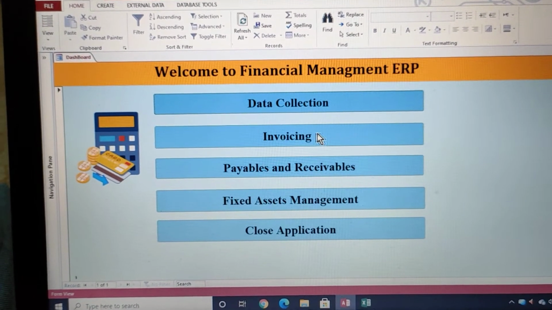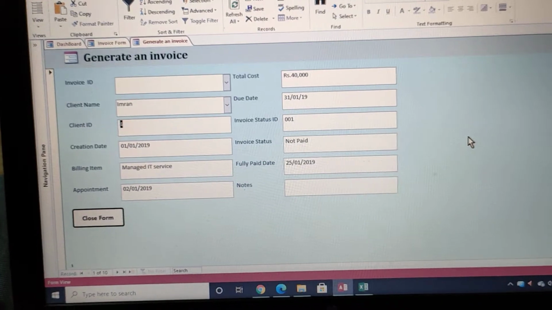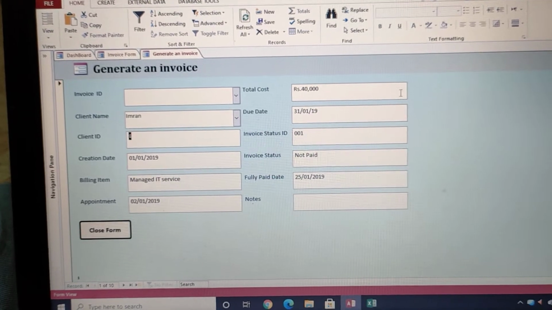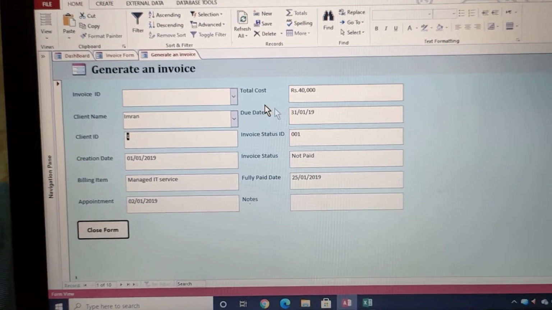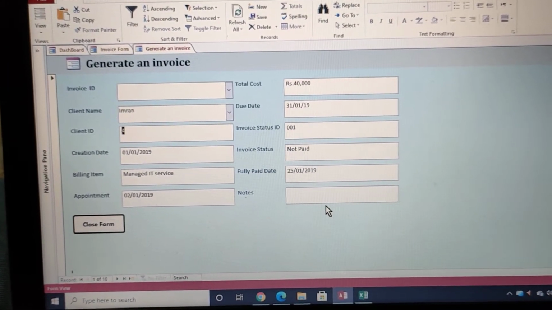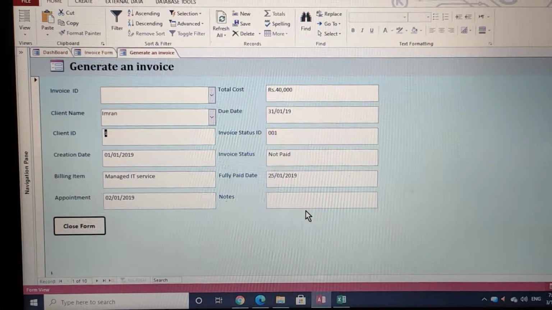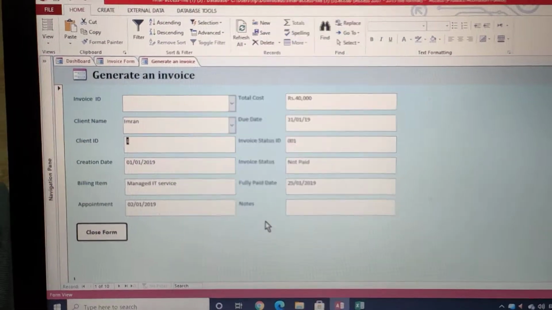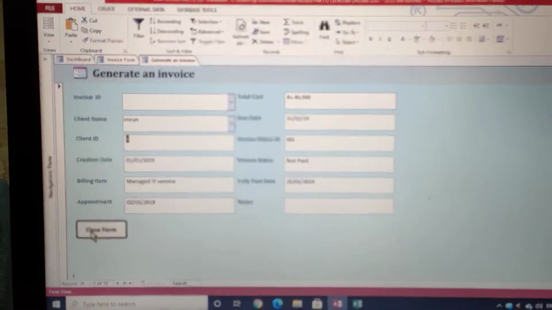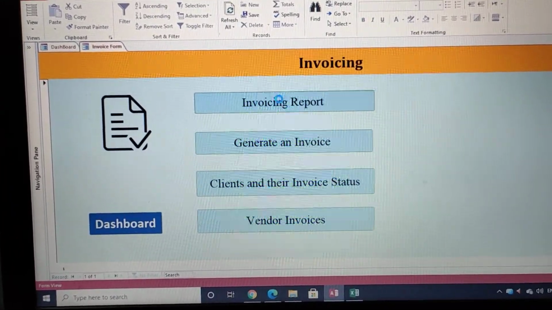The second thing you can do with this ERP solution is invoicing. You can generate an invoice. For instance, if you have booked an order from a customer, you can just enter the necessary details, and then you can generate an invoice. This is how the invoice looks. You can share it with the customer, and the customer knows this is how a systematic business works. The customer can trust you: oh wow, I'm ordering from such a renowned, such a good small business. So here you can generate an invoice, and you can also see the invoicing report.